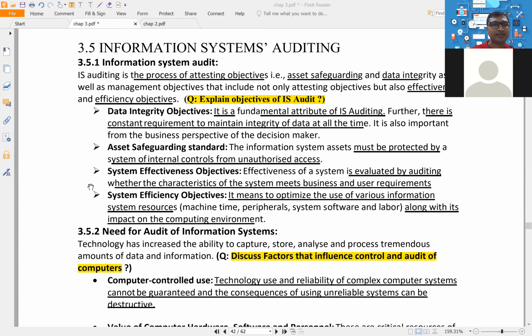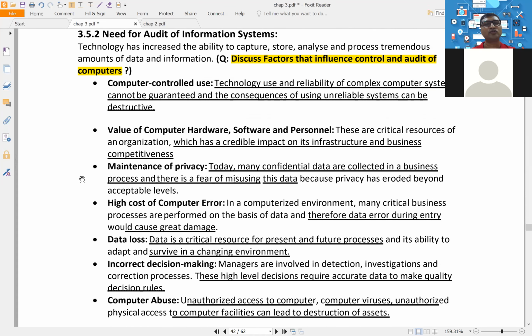Now the next topic, obviously, need for information system audit. So why should we audit? First, to check whether our systems are working correctly or not. Because if the systems are not working correctly, the data which is generated is also unreliable, correct? Then the value of hardware, software, and the most important, human beings. They are the most dangerous. To verify hardware and software are not modified without authorization by our humans, correct?